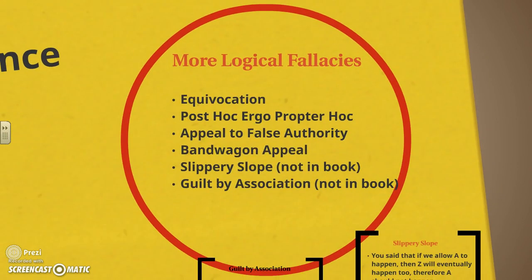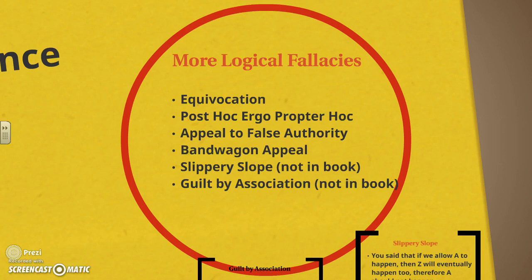Okay, we have 6 more logical fallacies. So we went through 7 already, and now I'm adding 6 to it. So that will be a total of 13. When we did the first batch of logical fallacies, I missed one because I was using an old video and didn't realize that equivocation is part of the main set of logical fallacies. So I'm picking it up here in the more logical fallacies section.